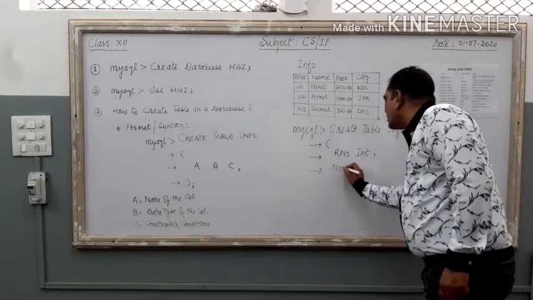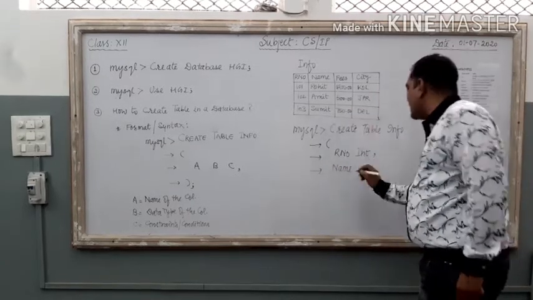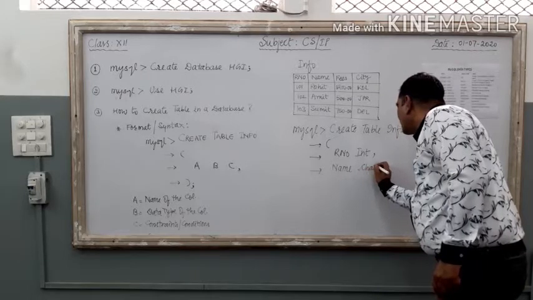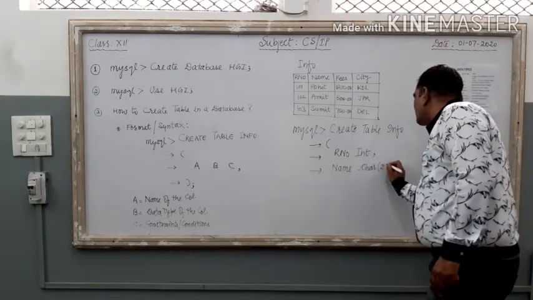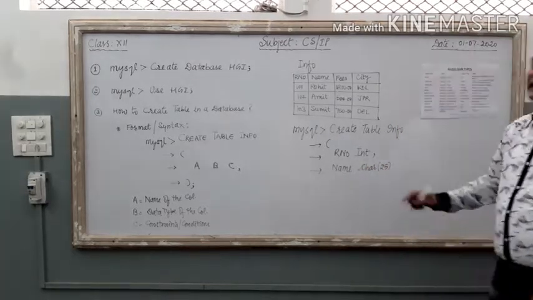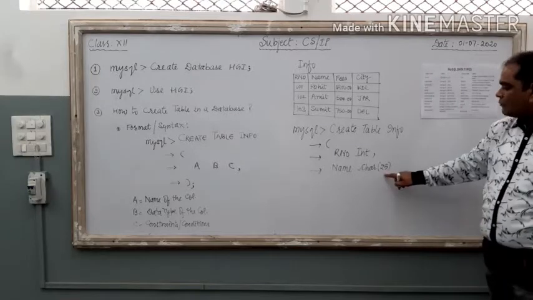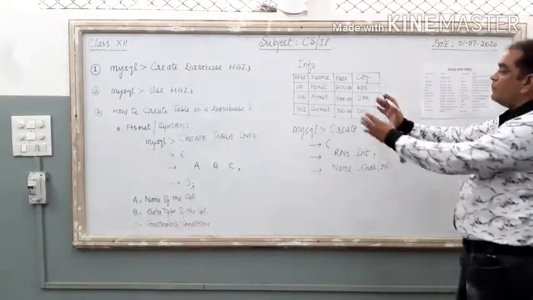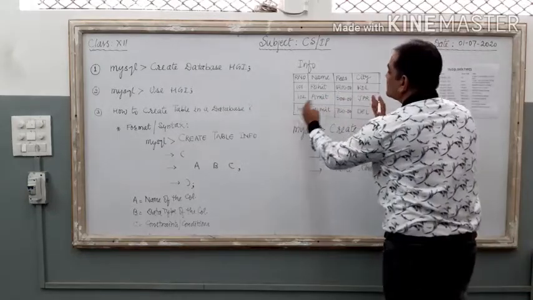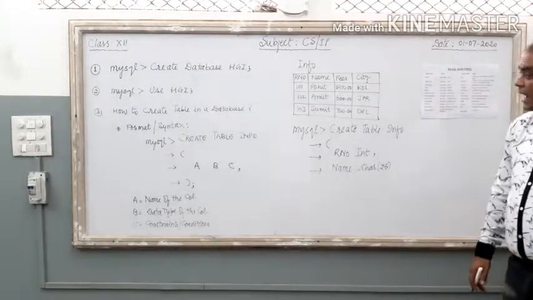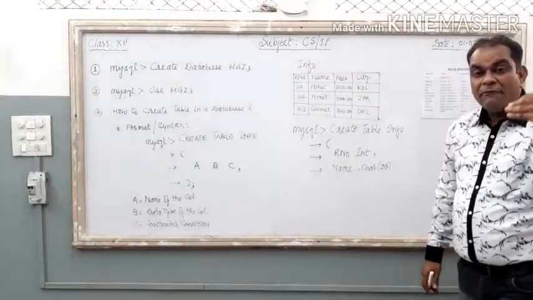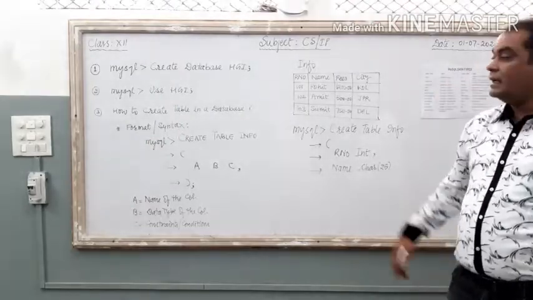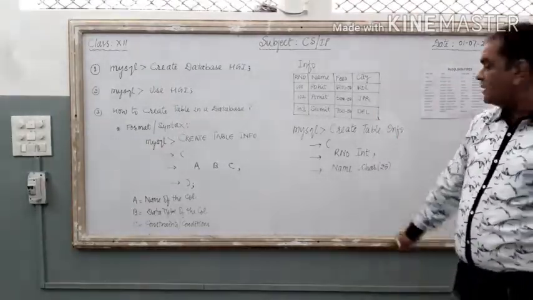Name of the second column is NAME, name. Data type, it is character. And just put the size, the maximum size of this column. I have written 25, means computer give me a 25 size column, right? I can enter maximum 25 alphabets in that particular column. Clear? So it is the size.